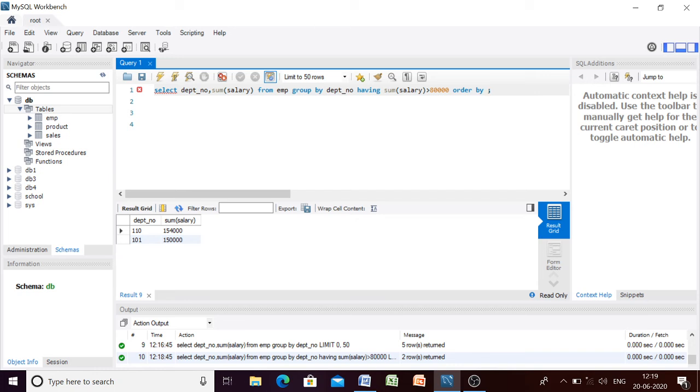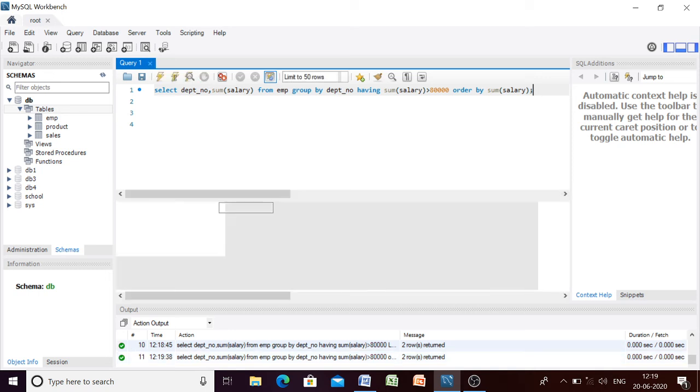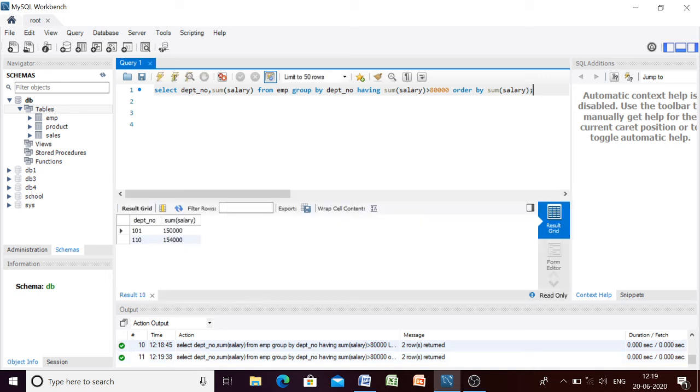So for that we again have to write order by sum of salary. If you don't write anything, by default it will be arranged in ascending order. If you want it in descending order, then you have to write DESC. Already we have records in descending order, so let us execute this one in ascending order. So here we have the results.